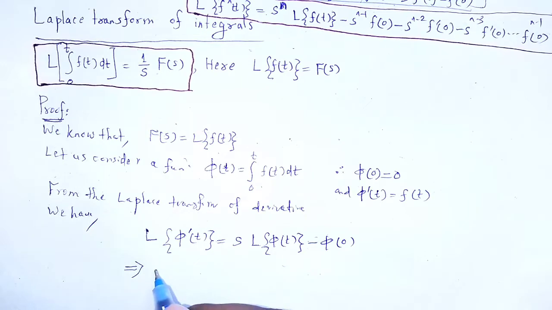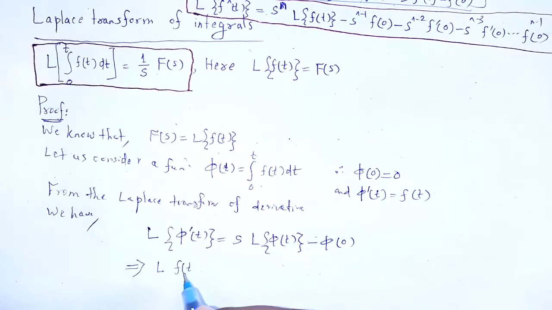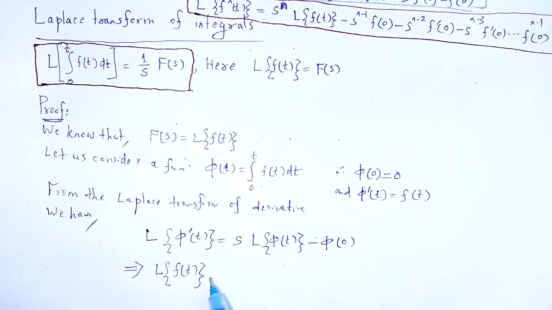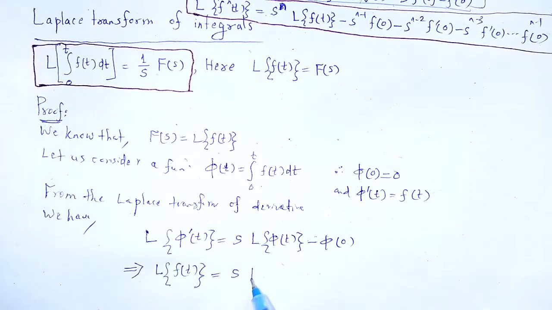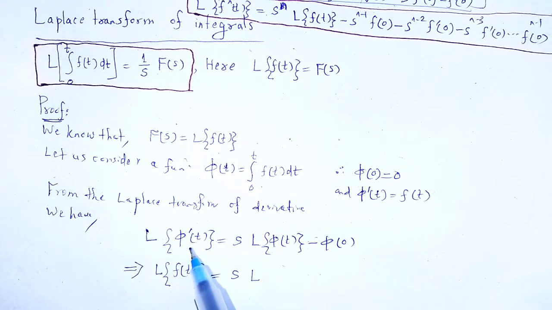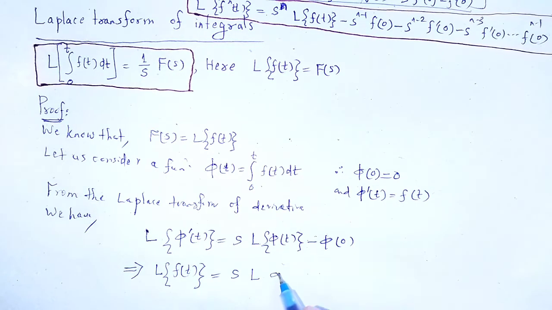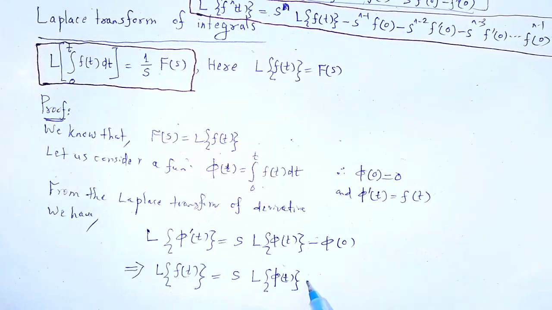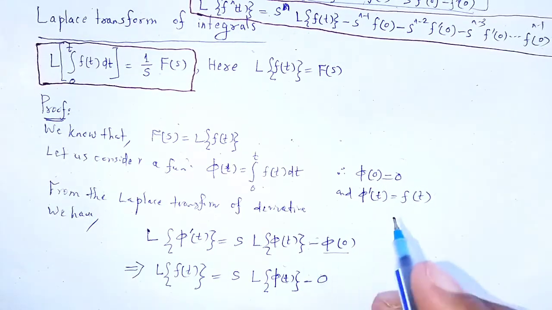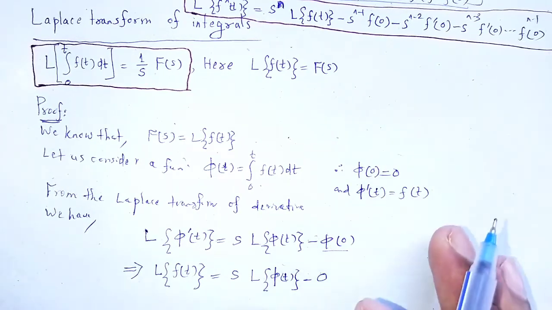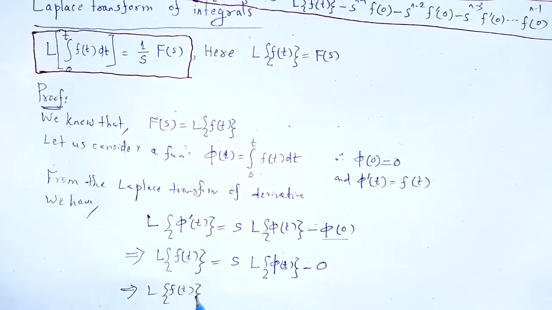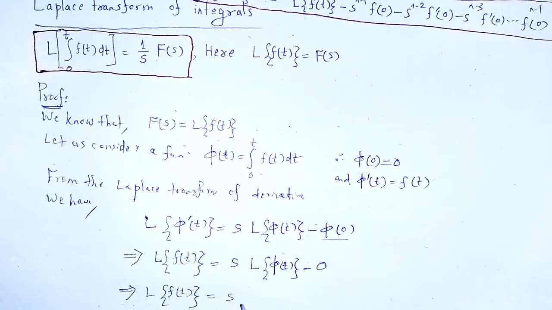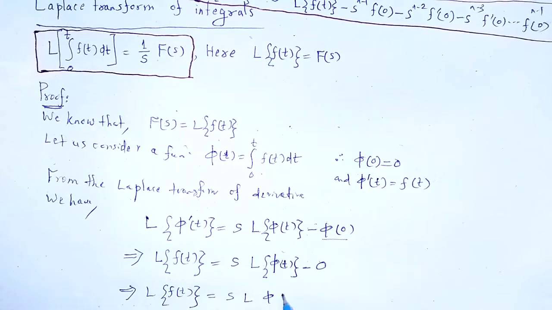which implies the Laplace transform of f(t) is equal to s times the Laplace transform of, in place of phi dash t we substitute f(t). Similarly, the Laplace transform of phi(t) minus phi of 0, whose value is 0 as we taken in that substitution, which implies the Laplace transform of f(t) is equal to s times the Laplace transform of phi(t),